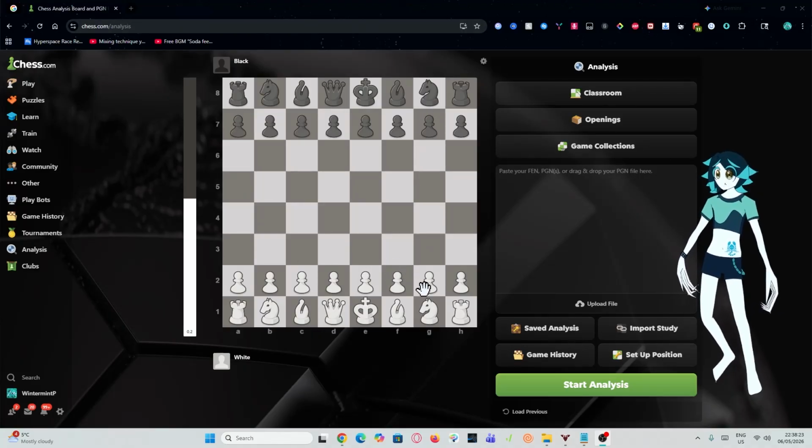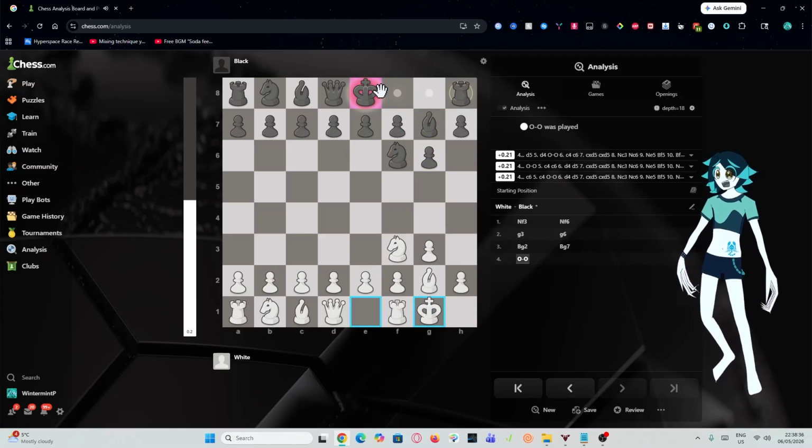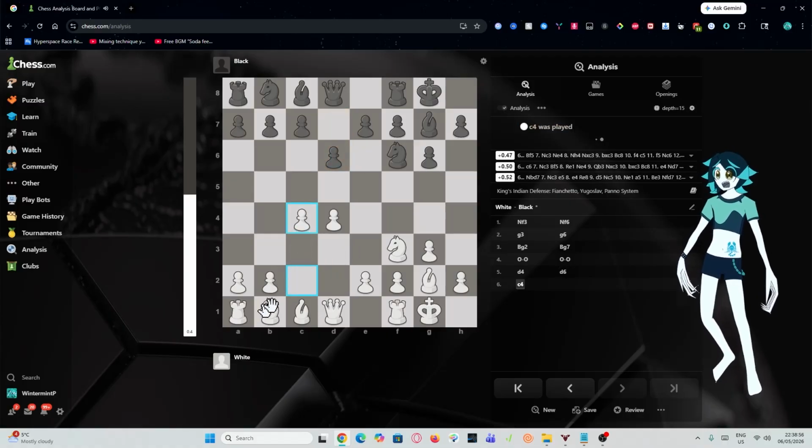There is this neat little idea that you could be playing against the symmetrical variation of the King's Indian attack that you could be playing. Once you start from here, you could be playing this, and then your opponent could be playing this. And the reason why this is important is because you can actually transpose this into